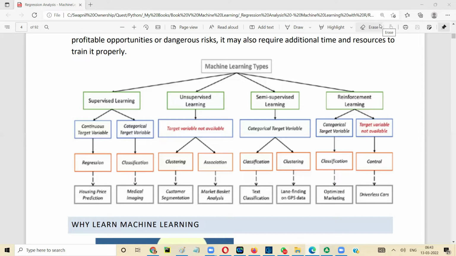Market basket analysis, association. Here we try to figure out what is more associated, or which impacts what. When you go to a retail store, they put some things next to each other. A lot of thinking goes into that. They look at each individual's bill and figure out which two products people generally buy together. So if people buy two products together, they will put those two products together on the shelf